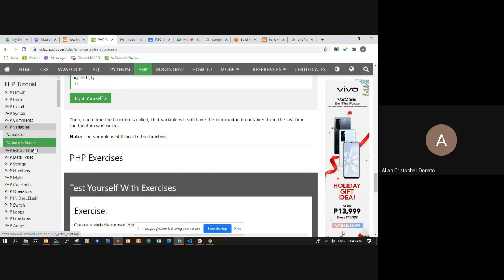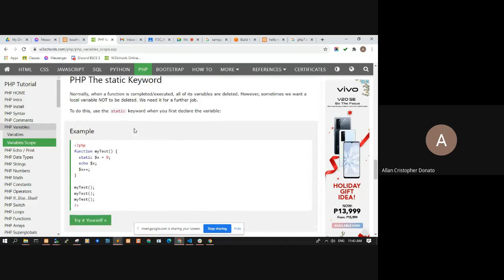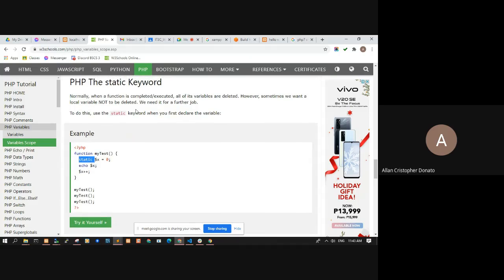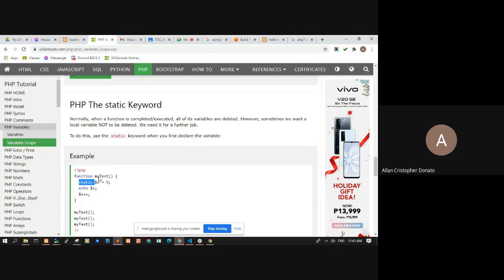So yan. In order to declare a static variable, you have to use the keyword static. The local and global variables, you don't need any keyword. Just declare the variable name and then the value. Huwag nyo lang kakalimutan always yung $ sign. Okay?